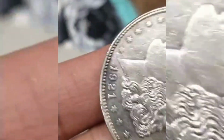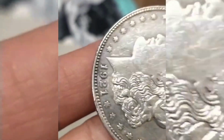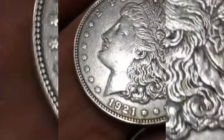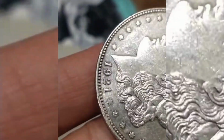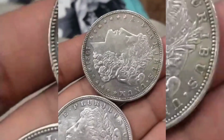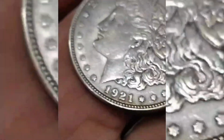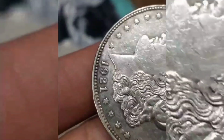And let's not forget the importance of provenance when it comes to a coin of this magnitude, because not only does this piece boast the highest grade possible for its type, mint state 68+ with fully lustrous, original surfaces free of wear or contact marks, but its ownership history includes some of the most prominent figures in numismatics, including private collectors, museum curators, and elite dealers, with documentation tracing it back to a bank vault in Philadelphia where it had been forgotten for decades before resurfacing during an estate audit,